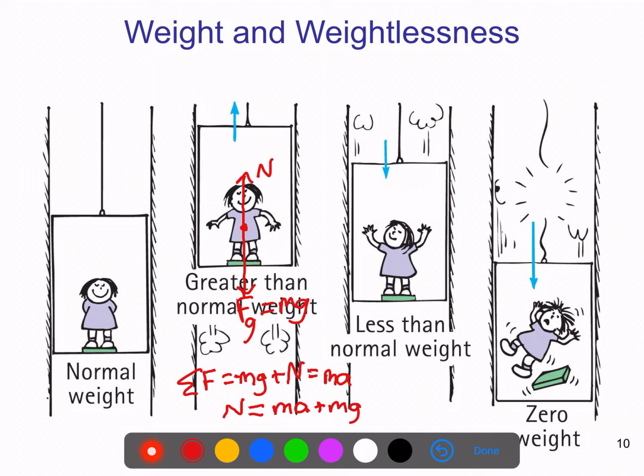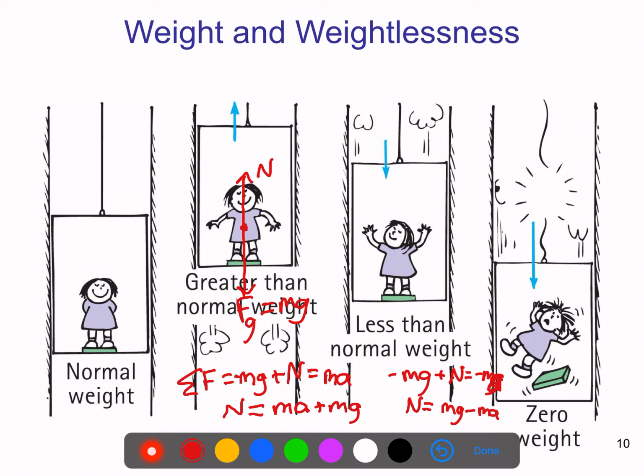In the case where you are descending in the elevator, it's a similar situation. The only difference is that when I set these two things equal to mass times acceleration, I'm going to have a minus sign here since I'm going down. And so then when I solve for the normal force, I will find, oops, this should say A, I will find that it is my weight minus this little force due to the acceleration of the elevator. And so in that moment, I'm going to feel like I weigh a little less than usual.